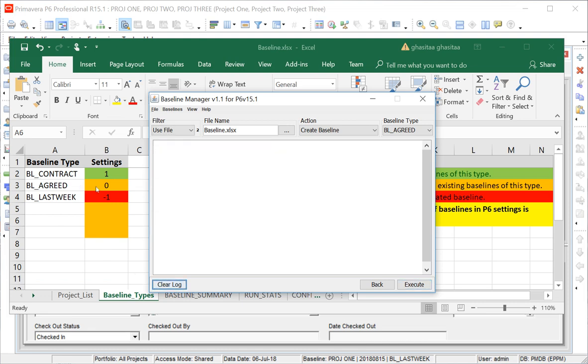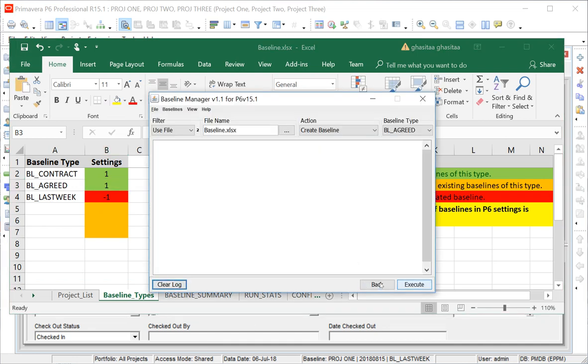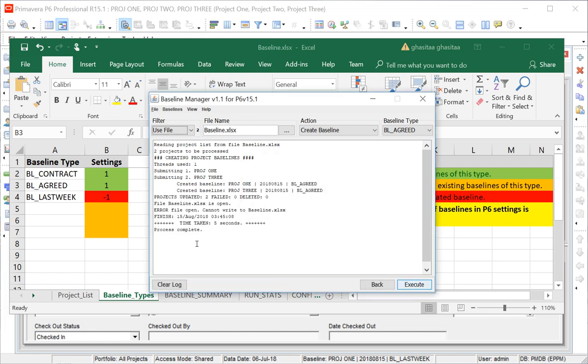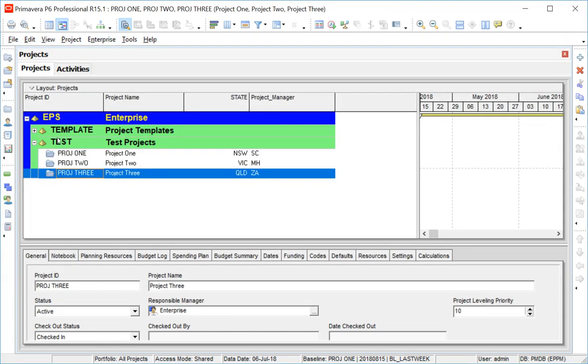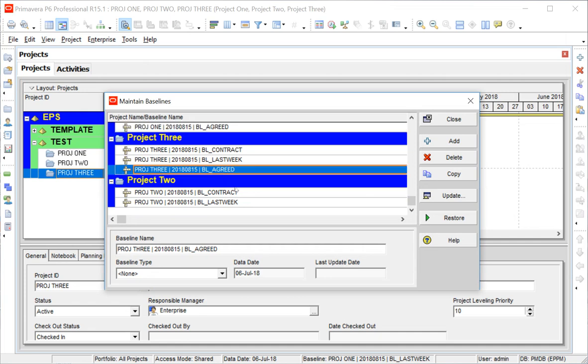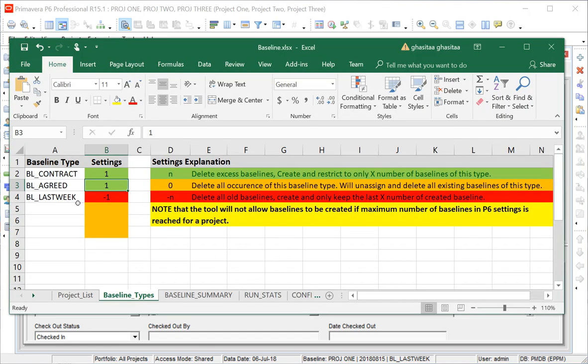Now, if we just go and change that to 1, we save it, and now we run it. So it has created one baseline each for project 1 and project 3, called BL agreed baseline. So if I just refresh this, project, maintain baseline, we can see there's BL agreed here and BL agreed here. For these two projects, we have got it. Okay, so for example, we no longer need this. We want to get rid of all the BL agreed baselines. So what we do, we put 0,